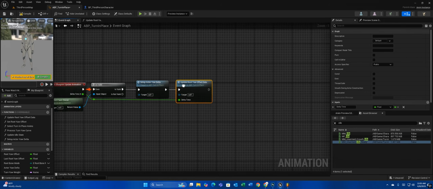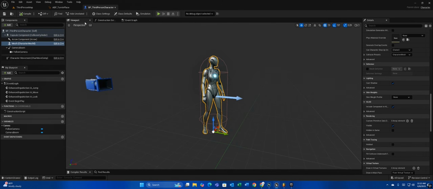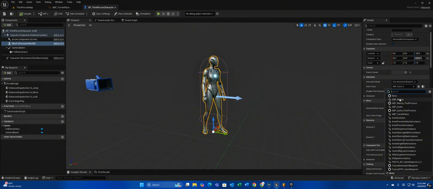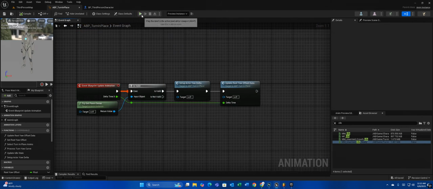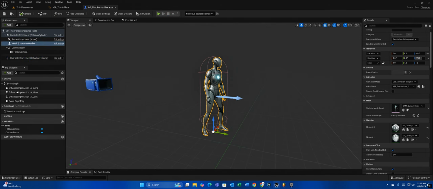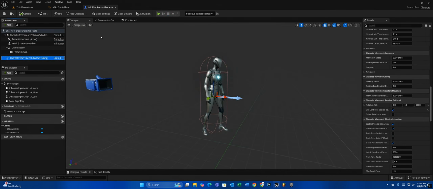Let's bring this back in. Great. So I'm going to select my mesh. I'm going to scroll up here and select ABP turn in place. So now you can see, using the animation that we inserted for idle, he can't turn anymore even though use controller desired rotation is set to true. Now